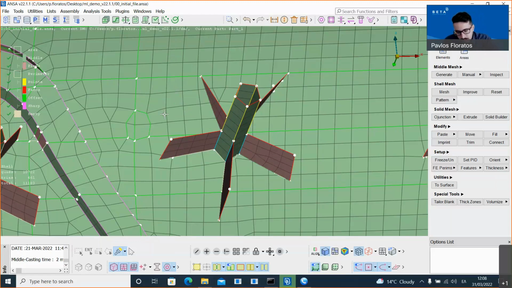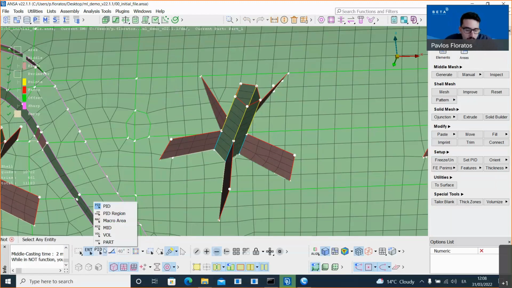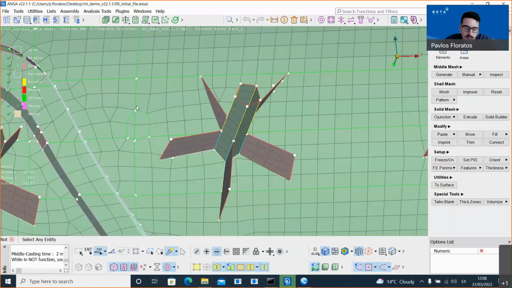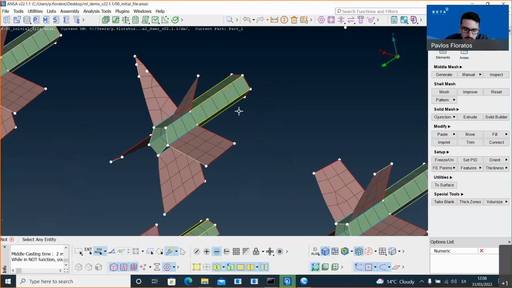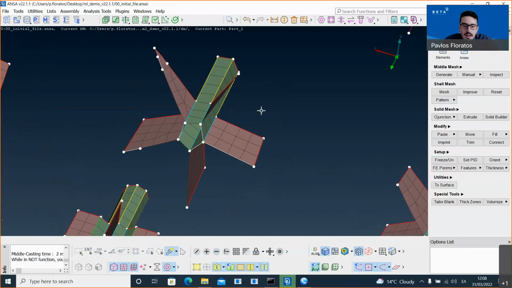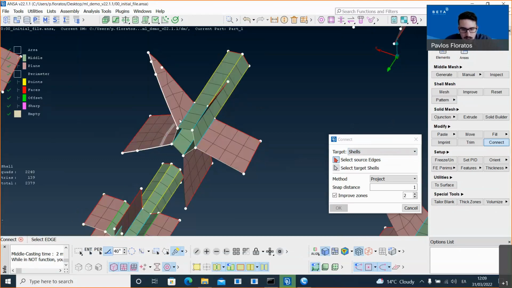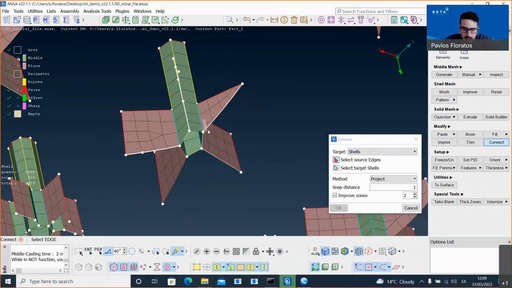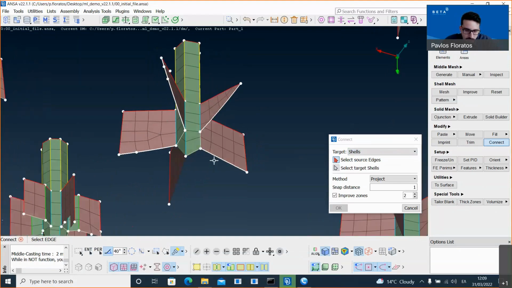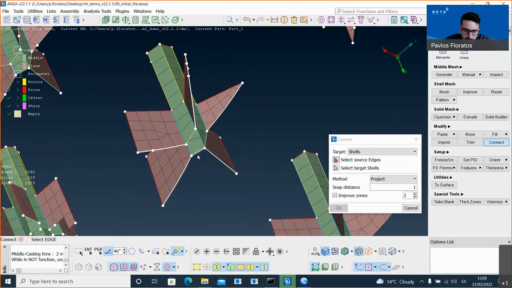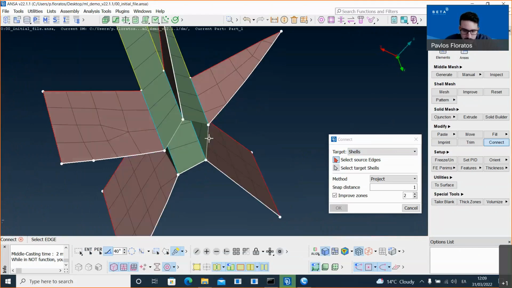But on the current version, we don't have this functionality, and what someone should do if he uses this tool is to go and connect them. And we have a dedicated connect function for this. So the user has, first of all, to pick some edges from the clip, and then let me pick the edges.